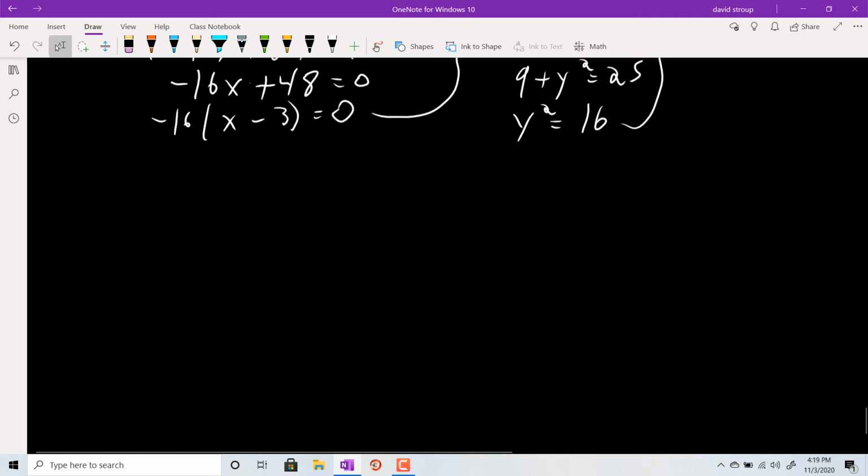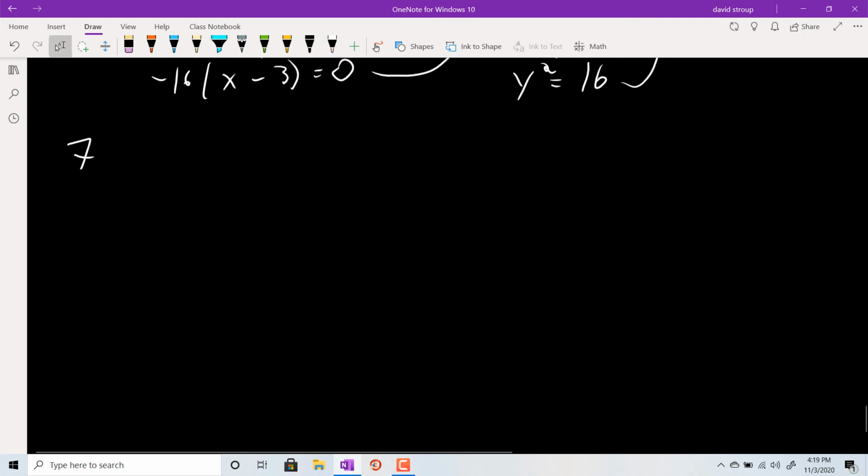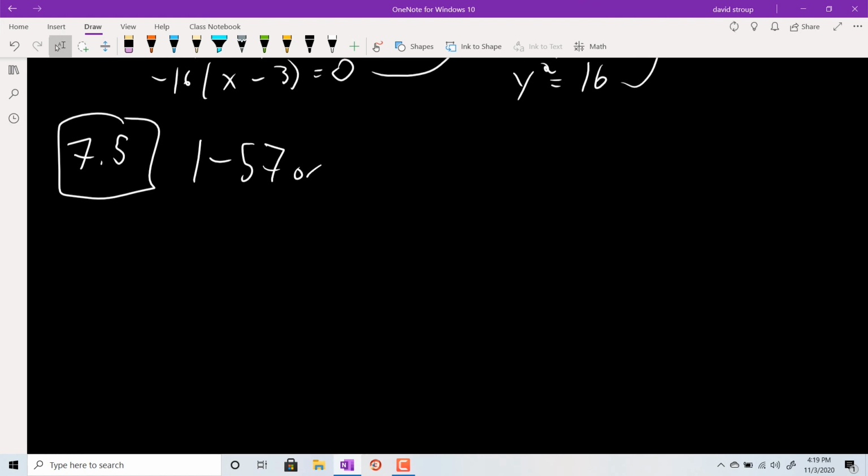Okay, so the last section, 7.5, I'm thinking of problems similar to 1 to 57 odd. Those will include linear and nonlinear inequalities, and also systems of nonlinear and linear inequalities. So let's look at some of those. In particular, let's look at number